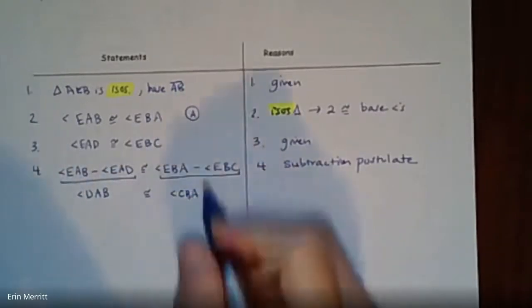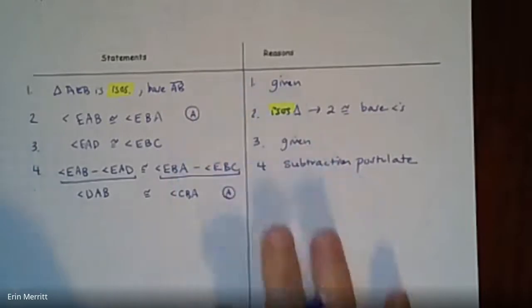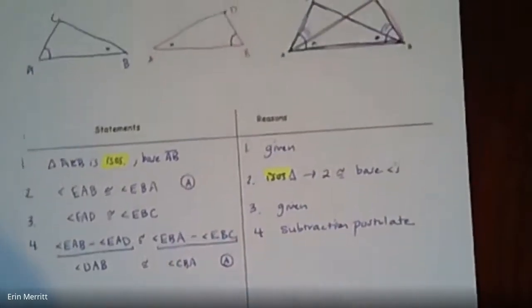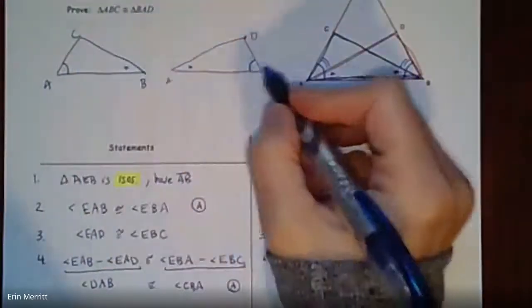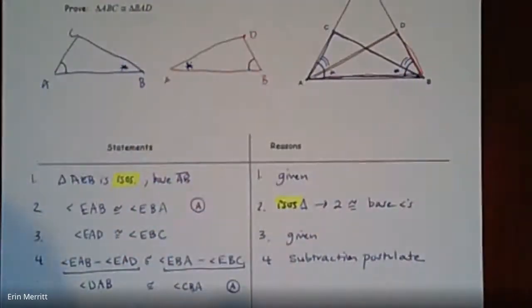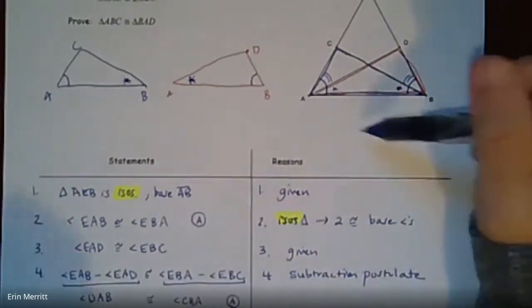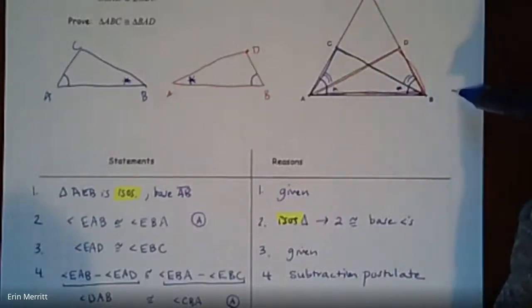Okay, that gives us a pair of angles in our triangles. So now when I look at my separated picture, I've got this angle congruent to that one, which I know is weird notation, but whatever. I've got that angle congruent to that one. Okay, we are out of givens. This is where looking at the original diagram helps. You're usually looking for vertical